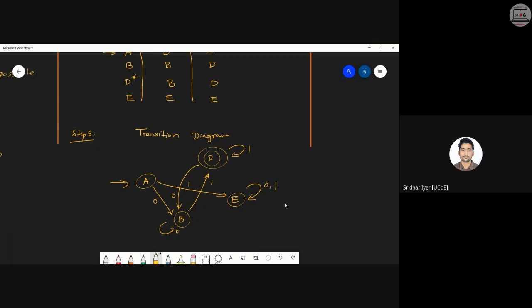So I can say that E is a dead state. Yes or no? Because whatever is the input, yeah, correct. Last state is dead state. So we have combined that. And you can mention it's not necessary to remove that dead state in this case because from 10 states we have already minimized into four states. So there's no need to mention and remove it from the final diagram. If you wish, you can do it further, but even if you stop here, your answer is correct, right?